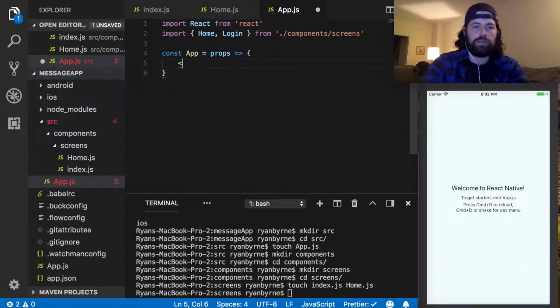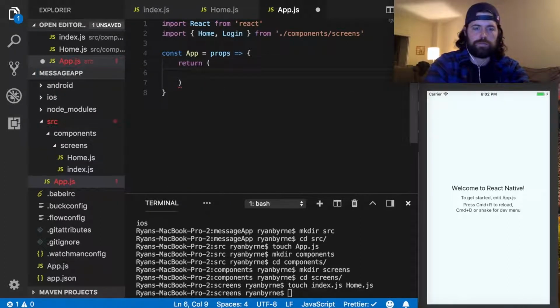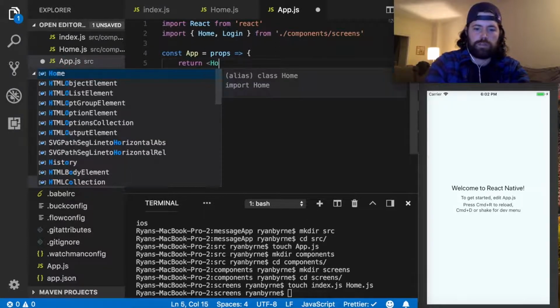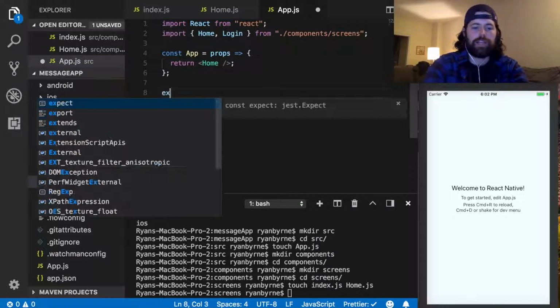And so right now, all we can do is return home, render, make a nice one, nice and clean, and then we got export,